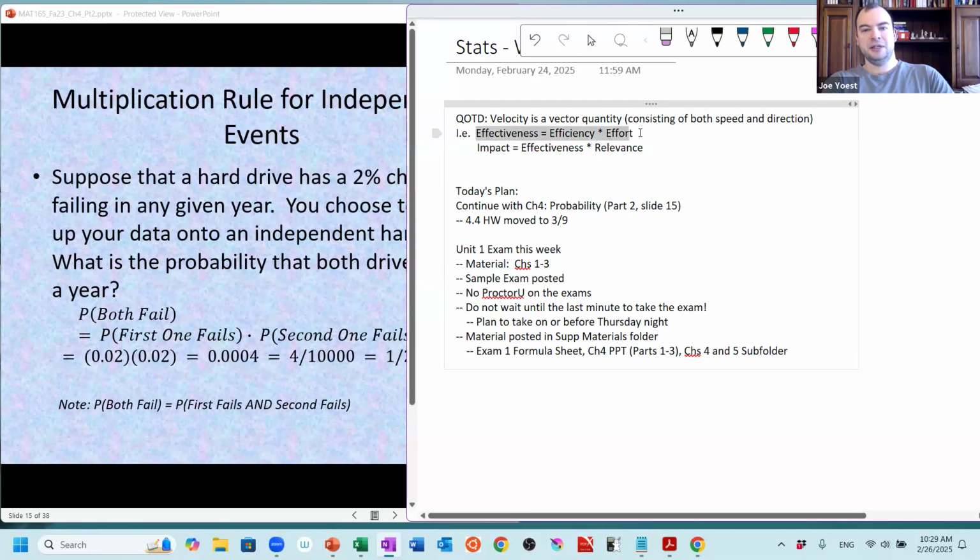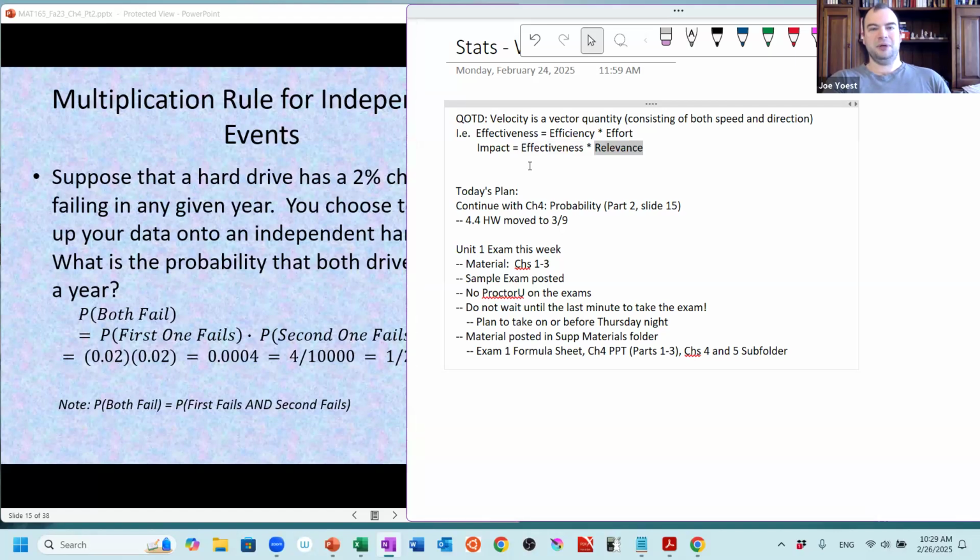And then I think layered on top of this, so this is kind of an instrumental goals idea. Like, if I have a goal, how do I effectively achieve that goal? And then there's kind of the question of, well, what goal should I shoot for? And speaking in terms mainly of career here, that impact, which was kind of a buzzword a couple years ago, maybe not so much anymore, is something like effectiveness times relevance. So your ability to achieve a goal, multiplied by how much your employer cares about that goal.